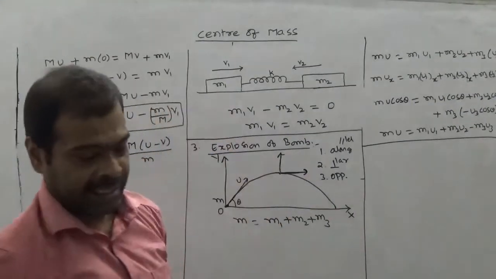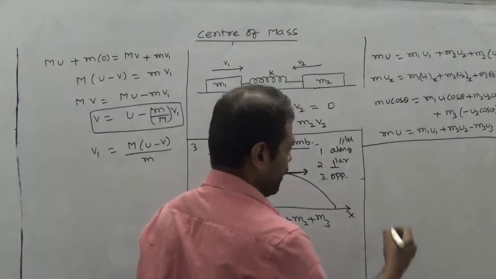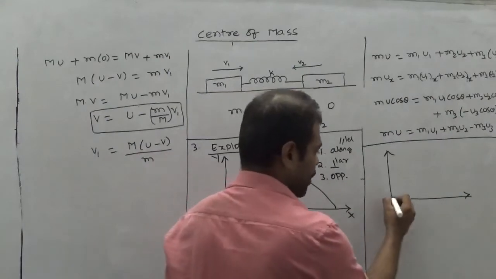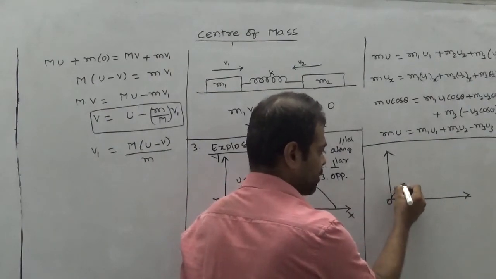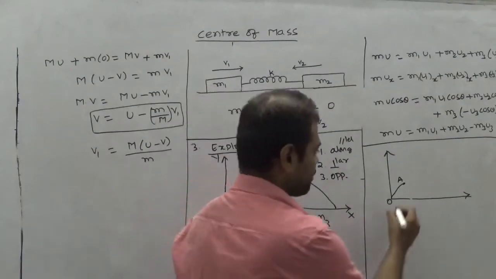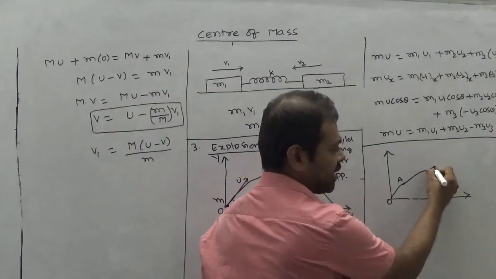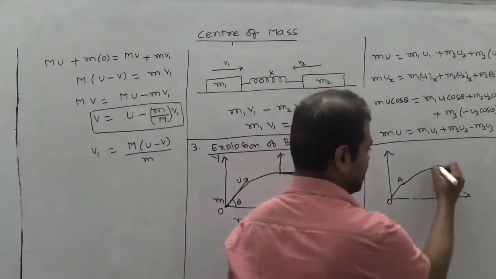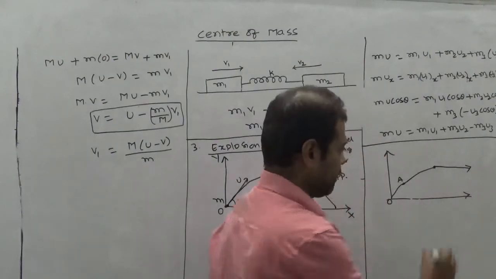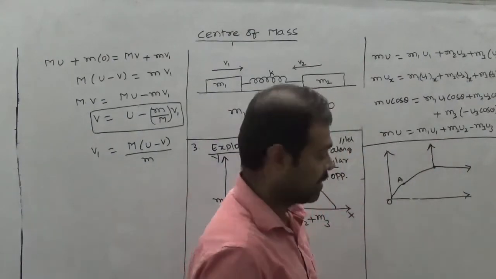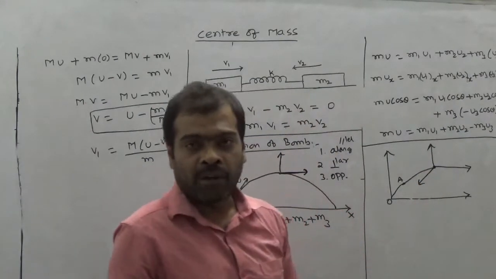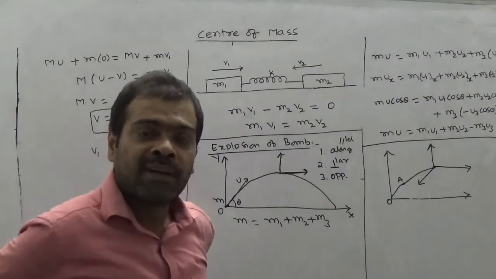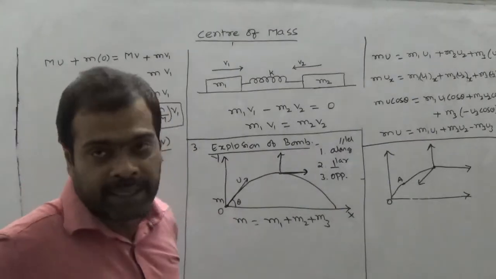Suppose we are having a bomb which is having a momentum p at a particular point, suppose at point A. After reaching the highest position, this bomb is divided into three fragments, such that one is moving parallel to x-axis, another is moving parallel to y-axis, and the third fragment is moving parallel to z-axis. Then I want to find the magnitude of the resultant momentum.